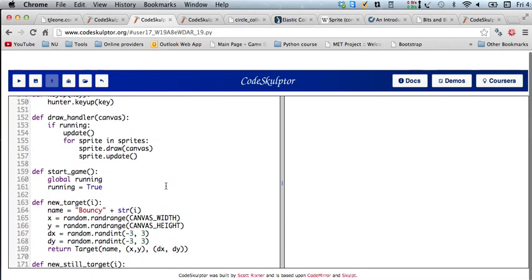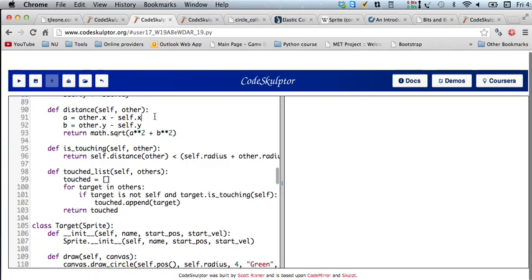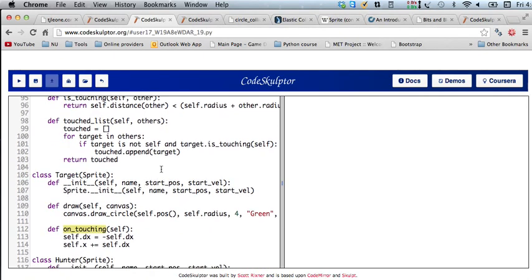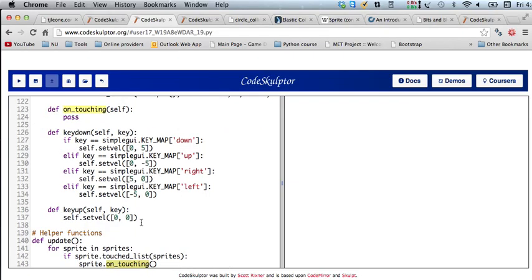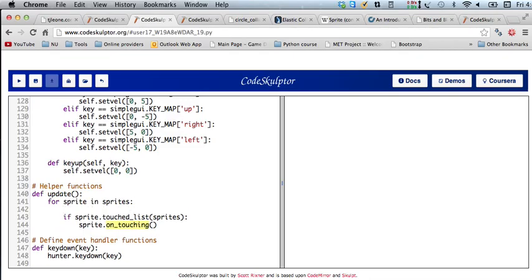I think I could be a little bit smarter with the on-touching if I, let's see, I'm just going to do a search here on touching. Okay, that's where it's defined. Yeah, in here, I think what I want to do is, for the on-touching, pass it the list of who it's touched. So if I say touched sprites equals, because then I can be a little bit smarter about what I want to do